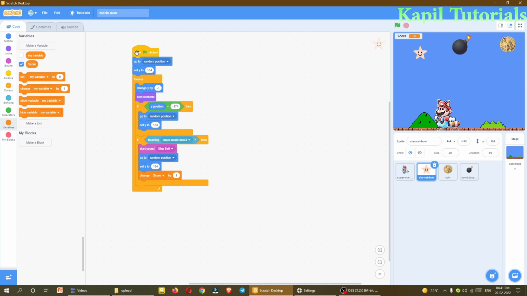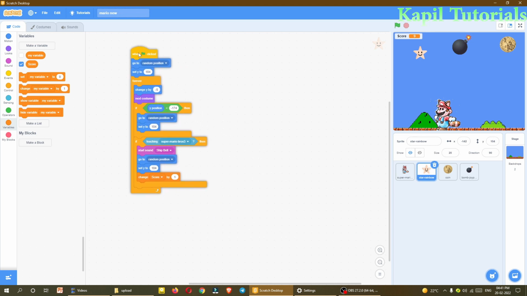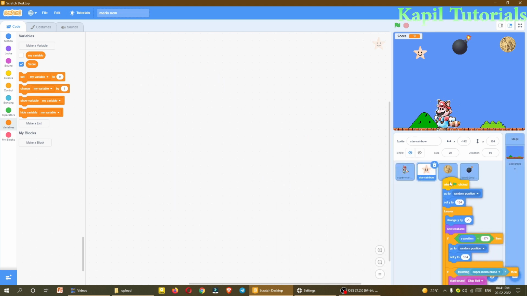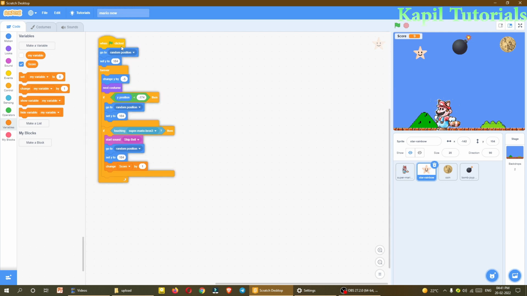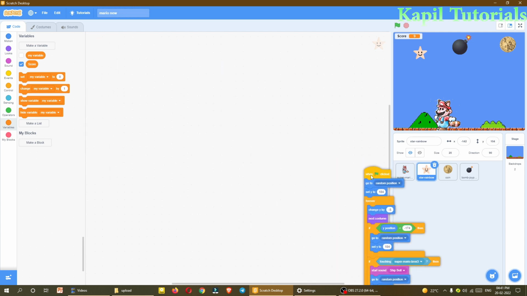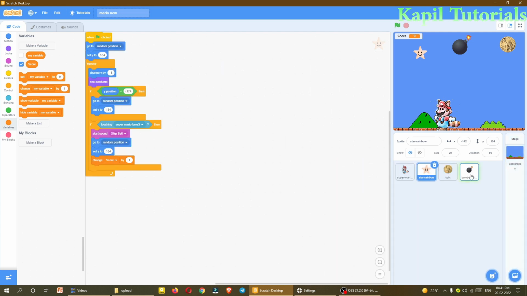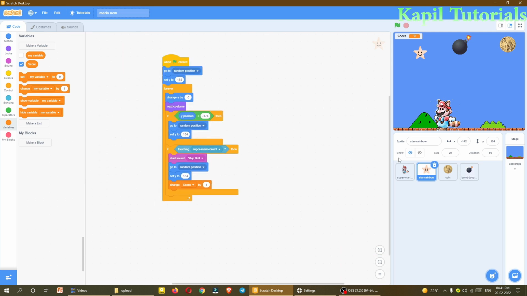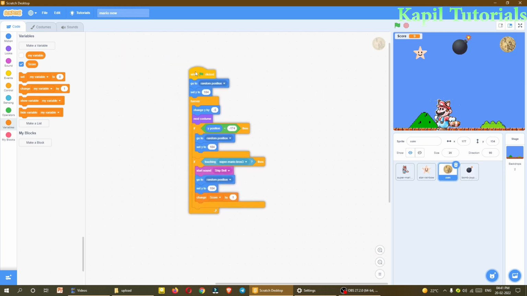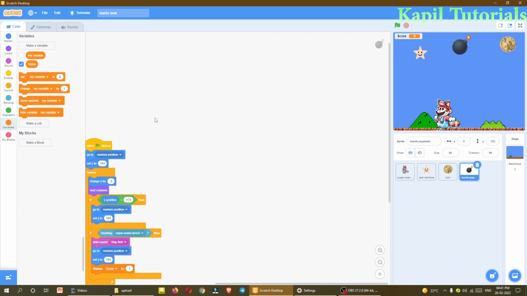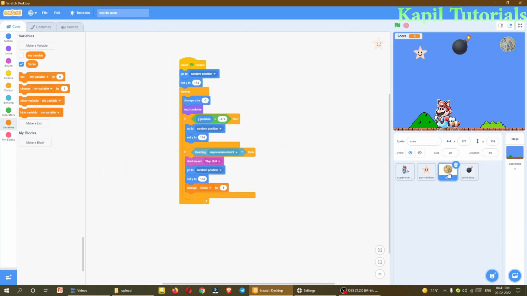So what I'll do, I'll just drag this coding into the coin sprite also, and then into the bomb sprite also. You will see the coding has been copied here also and here also. So if I play all these, you will see all have started,